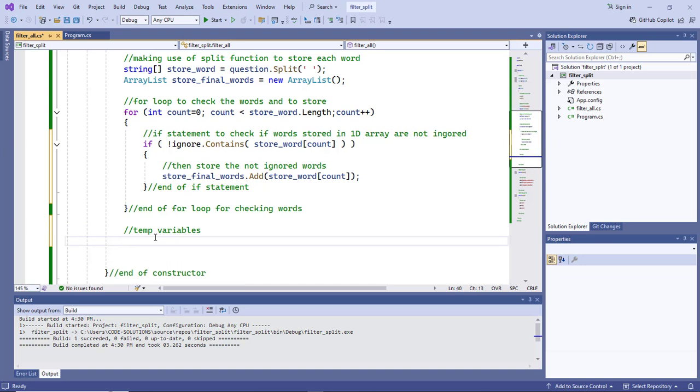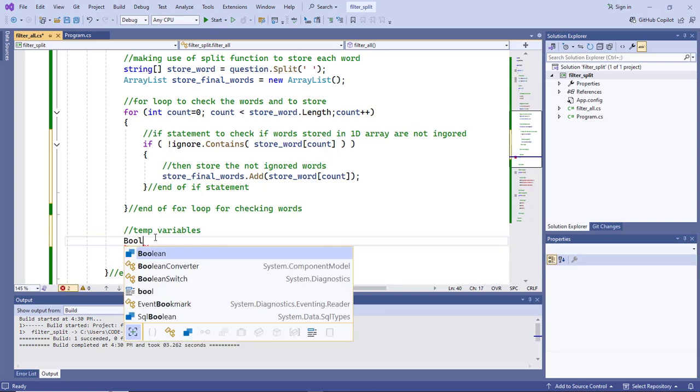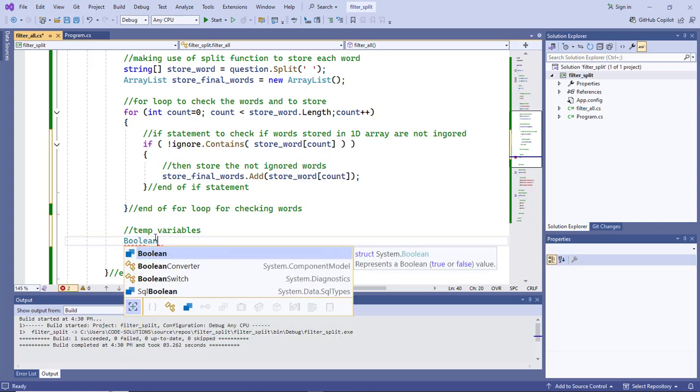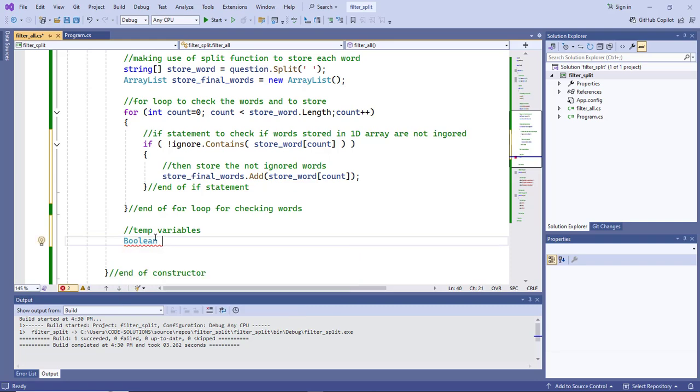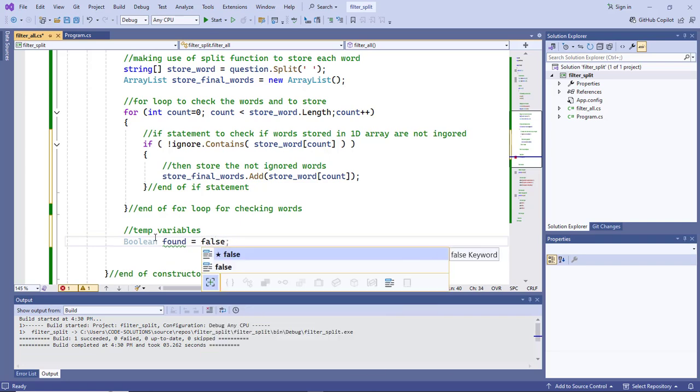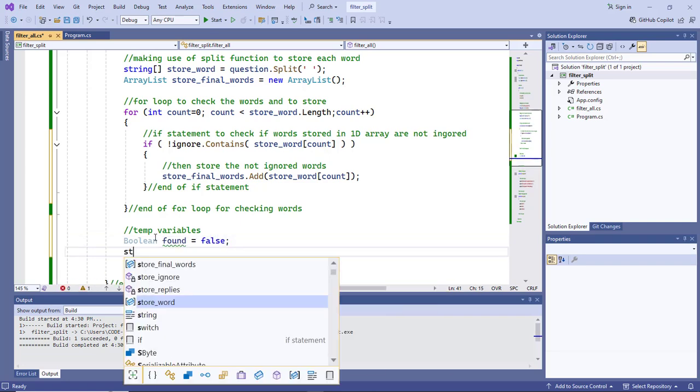So by having these temp variables, it will help you to verify if something is found or not. So we use the boolean. Our boolean variable name will be found, and by default let's assign it to false, and we'll have